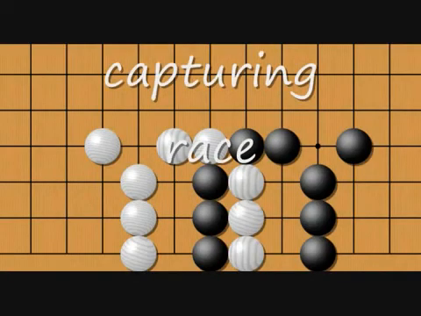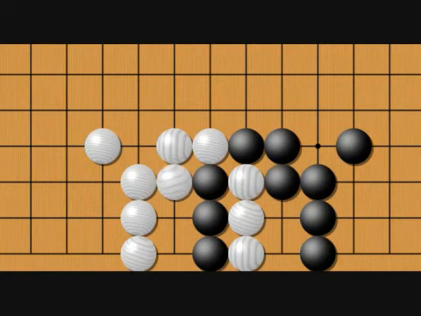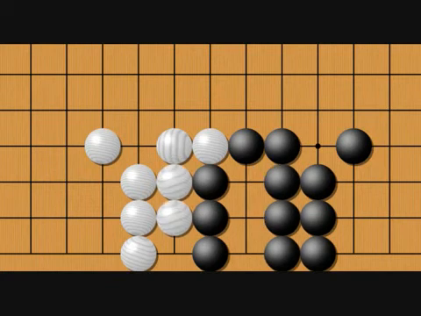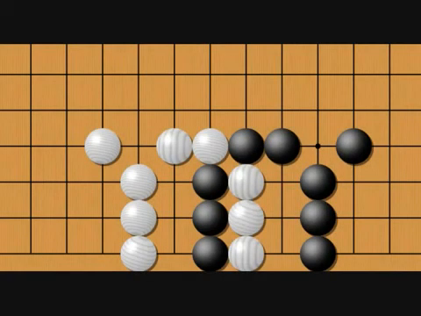A capturing race is a particular type of fight where two adjacent opposing groups have both been cut off, like the two sets of three stones in the center here. It becomes a showdown where whichever one captures the other will live. This often has implications beyond just the two groups vying for liberties. You can easily imagine that one or both of the outside groups might be depending on the contested area to